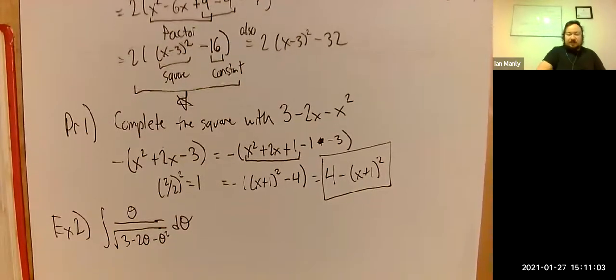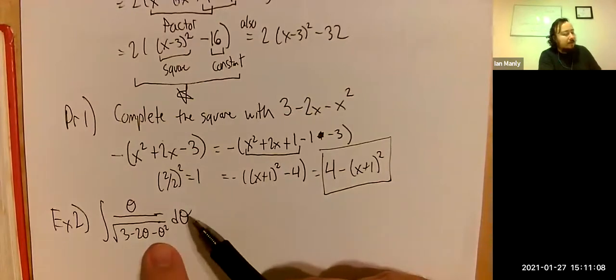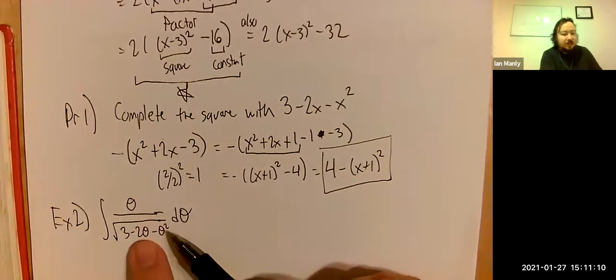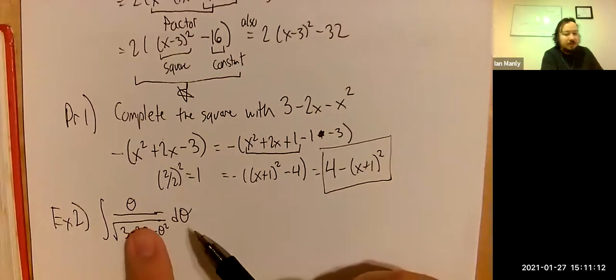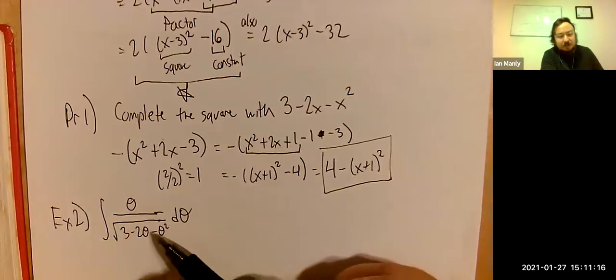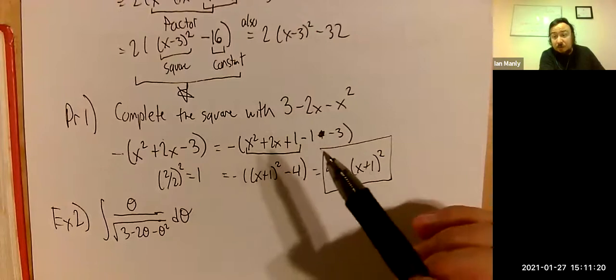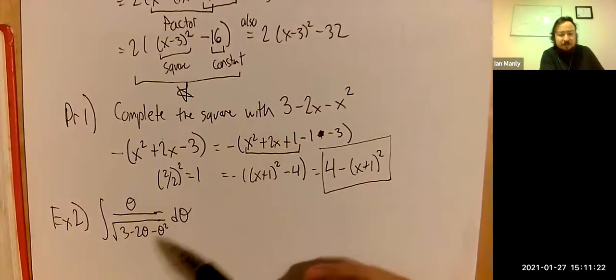All right. So let's see here. How are we supposed to do this? Well, the bottom almost looks like it could be completing, or sorry, not completing the square, a trig sub. We just have 3 minus theta squared, but unfortunately, this 2 theta is in the way. But now we can use our new technology of completing the square to make this into something a bit more